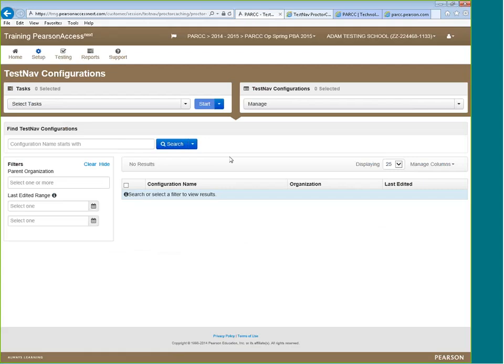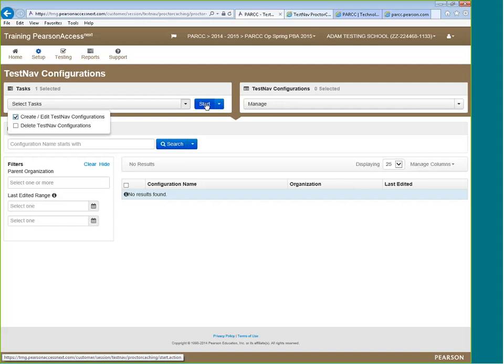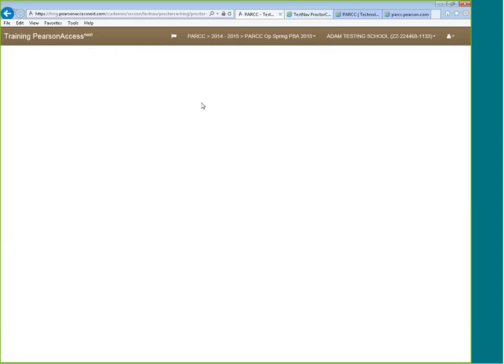So this feature here is kind of nice. I can just click on the drop down by search and show all results. If you're looking at sessions in a school or you're looking at TestNAP configurations, there's not always a lot of those. It's pretty helpful if you just show all the results. That might be easier to find what you're looking for than to actually try and search for it. So in this case, we have nothing, so we are going to create a new one.